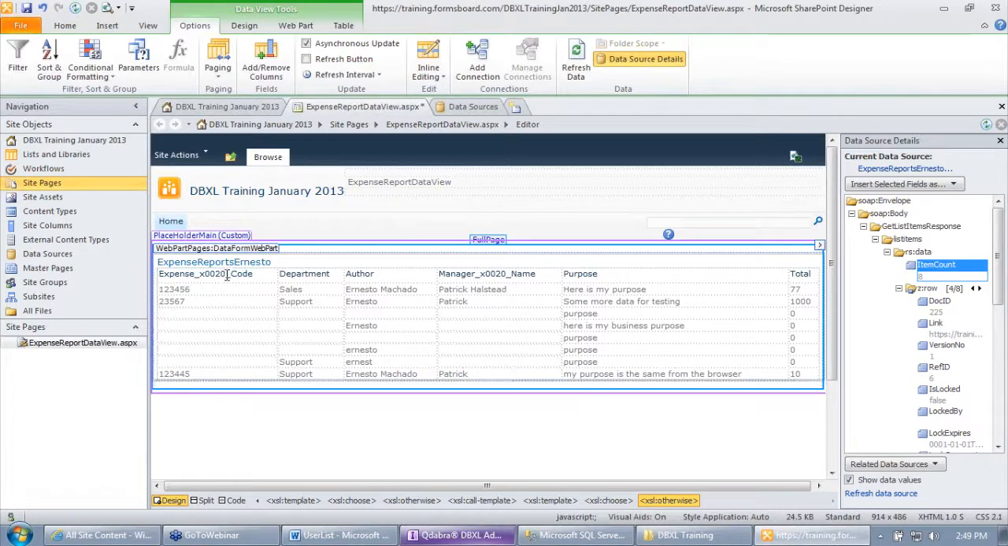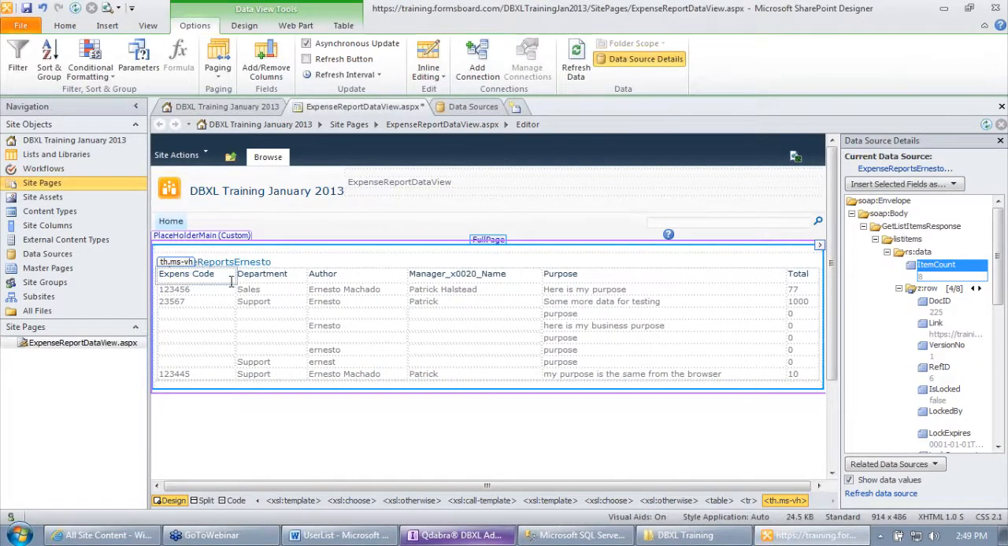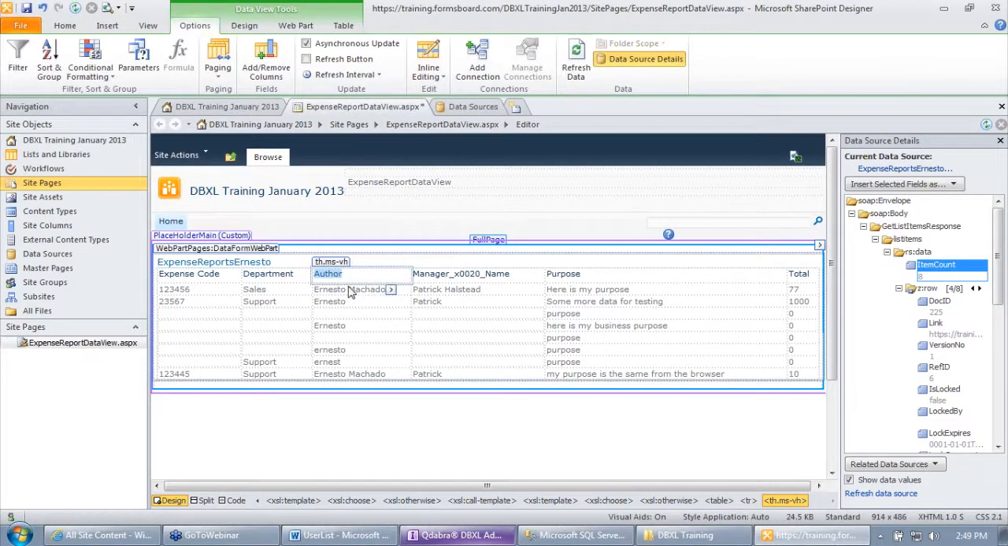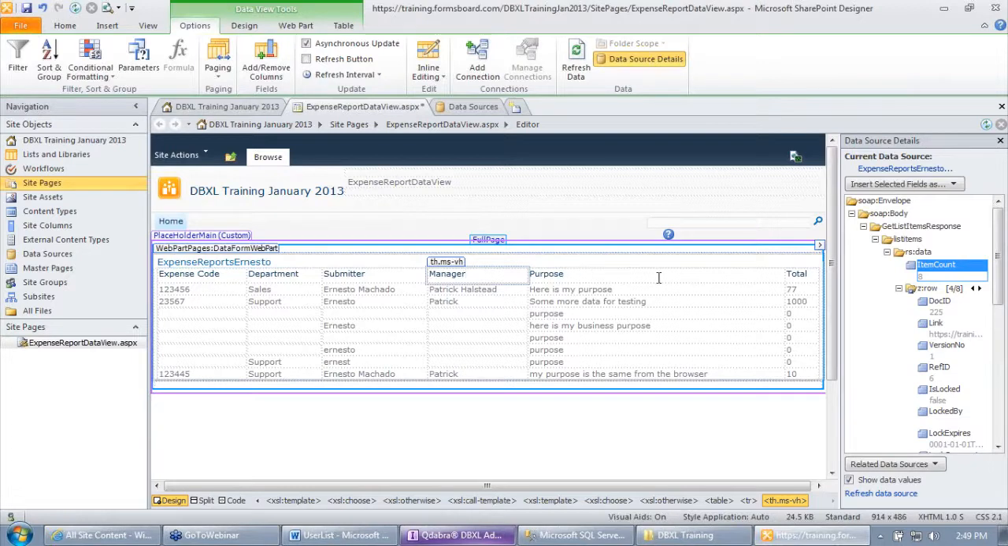So we're getting somewhere here, right? We have some things to clean up here, and we can clean up those headers manually. Expense code, department, author, maybe we want to call this employee or submitter. Manager name, maybe we want to just call this manager. Purpose, and then total. Total isn't showing as an amount, so we can actually select, if we